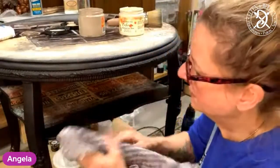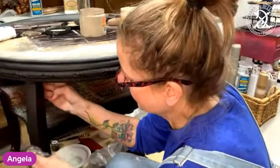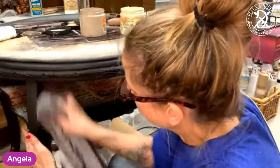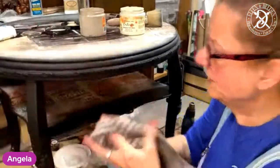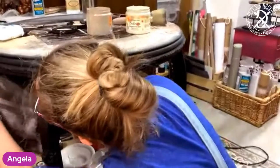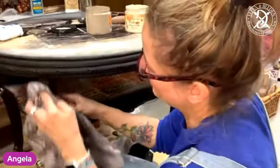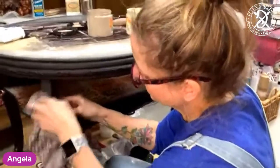So I'm going to take that cloth now and I'm going to work the wax in. As I said, let it dry for about 20 minutes and then work it in. Especially when you work with dark wax. This is not lint-free, guys. Use a lint-free cloth. Do as I say, not as I do. Especially when you work with dark waxes, don't